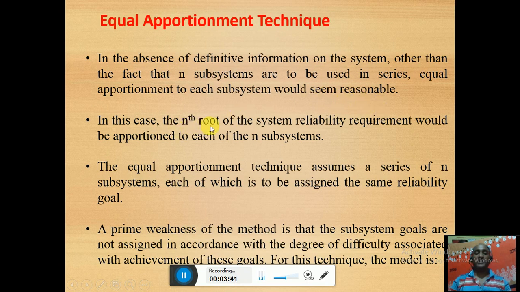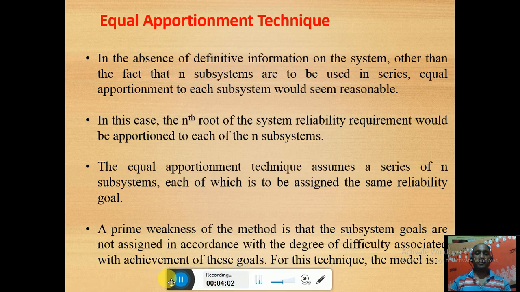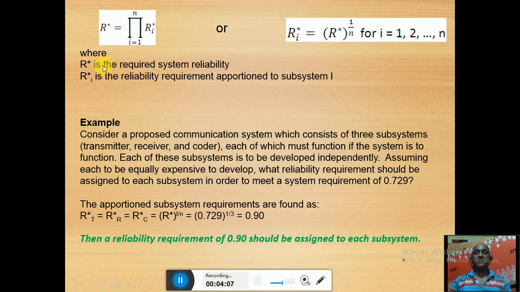So what will happen here? We'll find the nth root of the reliability of the system, and then allocate that reliability, the nth root of the system reliability, to each component. How will this work? We'll see with the help of equations, then you will definitely understand the meaning of the equal apportionment technique. For example, let R star be the reliability requirement of the system,